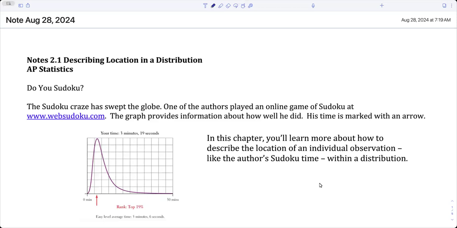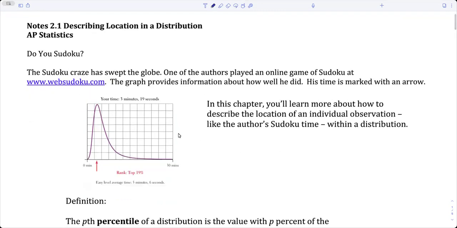Do you like Sudoku? All right. So the Sudoku craze has swept the globe. One of the authors played an online game of Sudoku. The graph provides information about how well he did. His time is marked with an arrow. So we're looking, his rank here is in the top 19%. In this chapter, you'll learn about how to describe the location of an individual observation, like the author's Sudoku